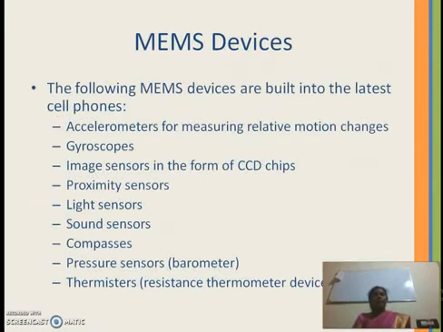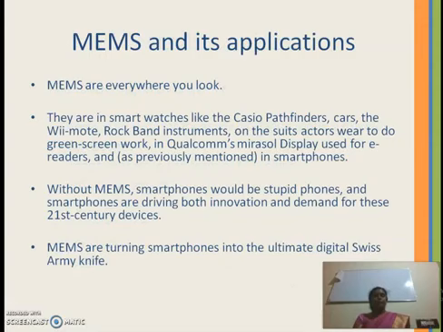So the following MEMS devices are built into the latest cell phones: accelerometers for measuring relative motion changes, gyroscopes, image sensors in the form of CCD chips, proximity sensors, light sensors, sound sensors, compasses, pressure sensors, thermistors, etc. They are all available as part of today's smartphones.